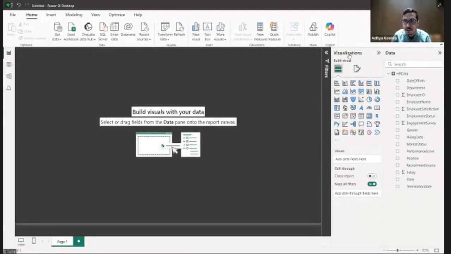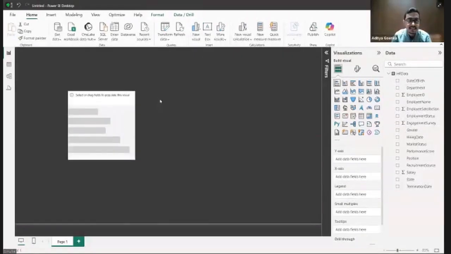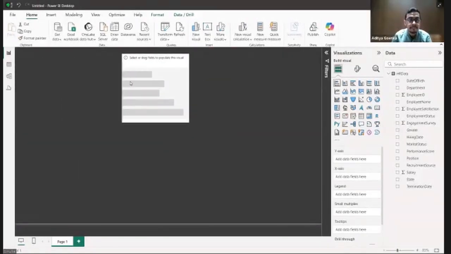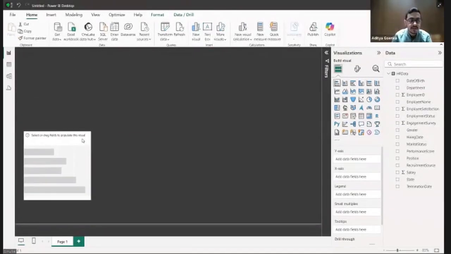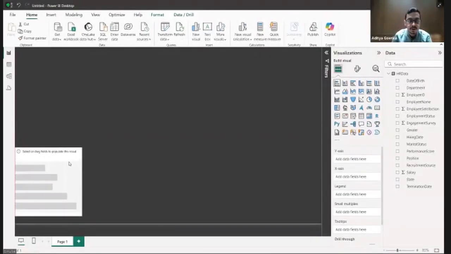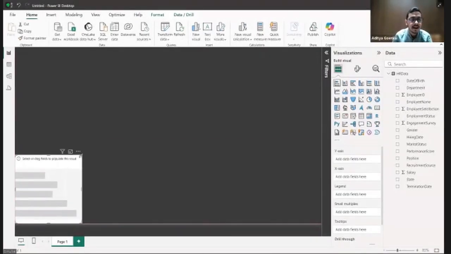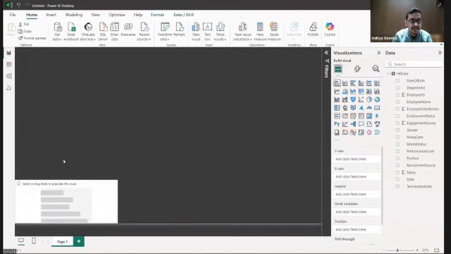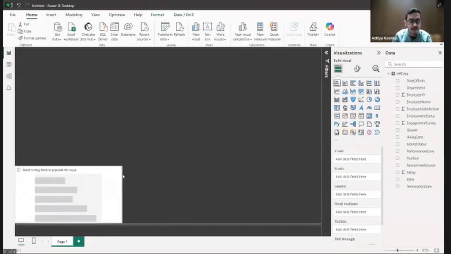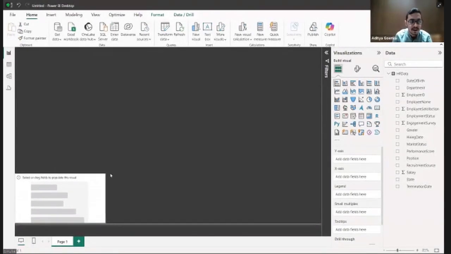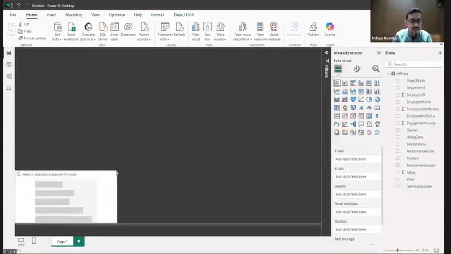What I'll do, I'll go to the visualization pane and click on this stacked bar chart. Once I do this, guys, this is a movable one. I can place this anywhere on my screen. But I mentioned to you that I want to start always from the bottom. So I'll start from the bottom. Then I can reposition it as well, to whatever size I want my graph to be. So let's say I want it to be of this size.